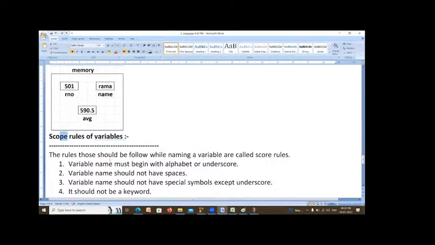Scope rules, here in the definition. Yes, scope rules. Okay, sir. Right, scope rules, sorry. It's a typing mistake. Sorry for that.